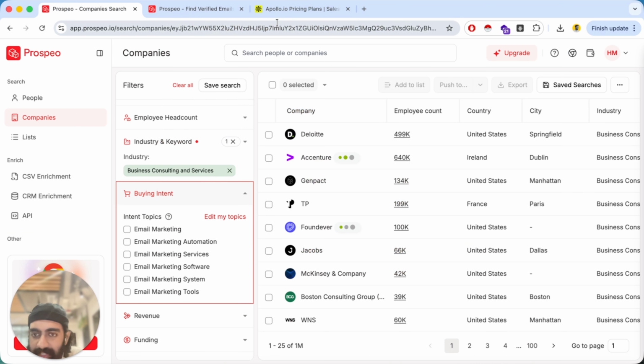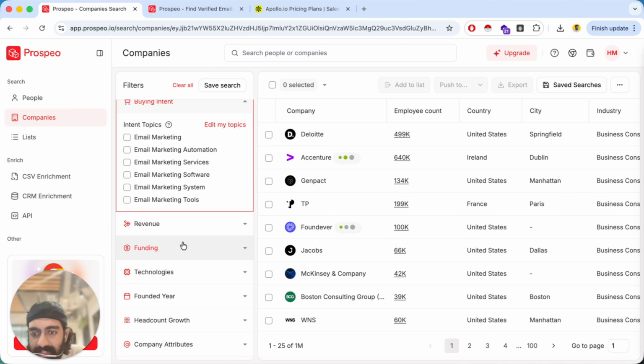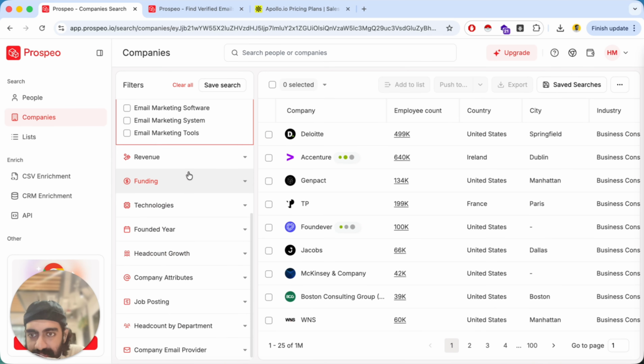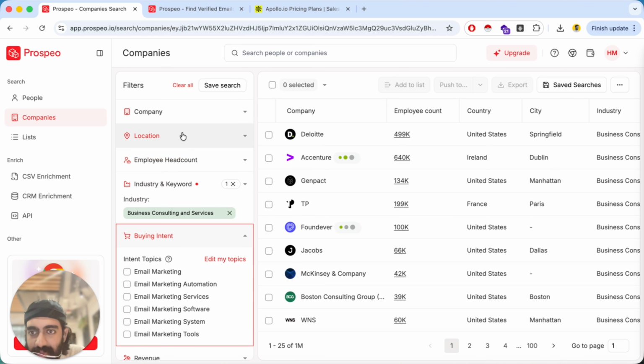Another thing is an upside for Apollo, but a downside for Prospeo. Whenever you are searching for an industry in Apollo, the lead list is huge, whereas for Prospeo, it's very little. I have a lot of problems getting a good size of lead list. Let me just give an example. Last week, I was doing business consulting and services industry in the United States. Let me just see if I can put it in. Okay, location,